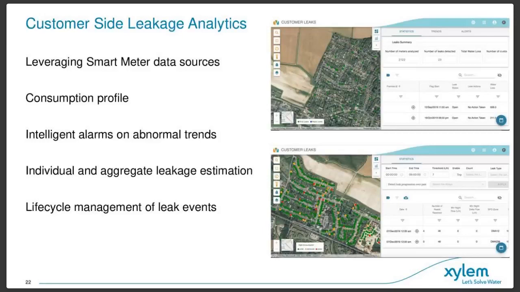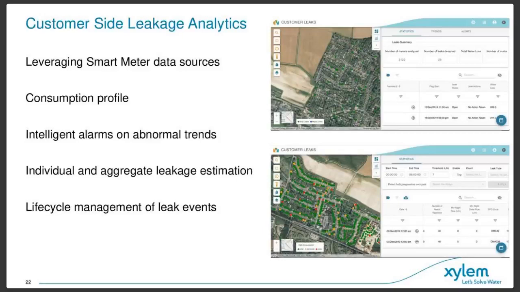If we think about it from an individual meter level, it's about understanding are there any abnormal trends occurring on an individual meter, being able to aggregate potential leaks together